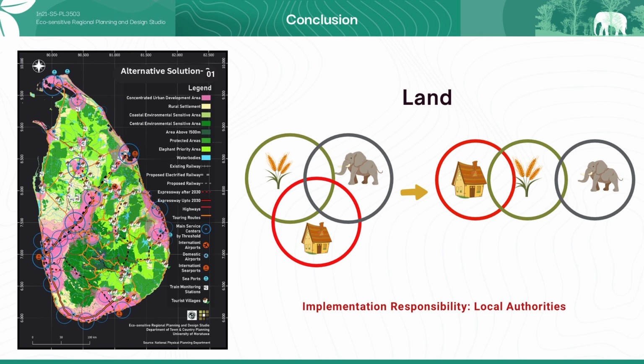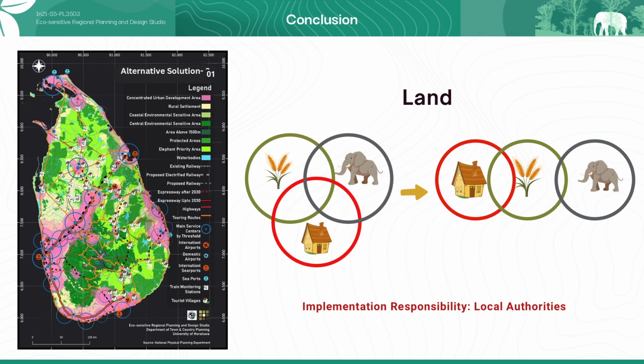So, as an example, if there is an urban center bordering an elephant conservation area, and if it is a major urban center, we can separate it using a dense built-in buffer zone. Likewise, different types of land uses need different types of separation measures with guidelines and standards. So this is our final spatial framework for our scenario.